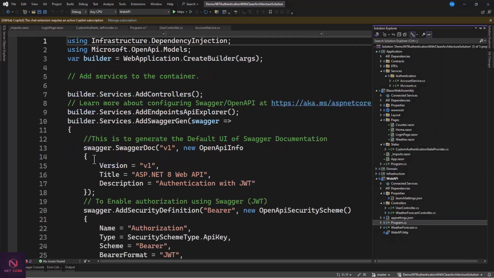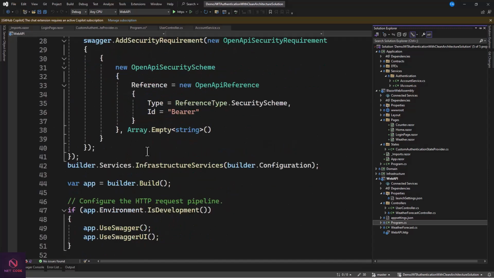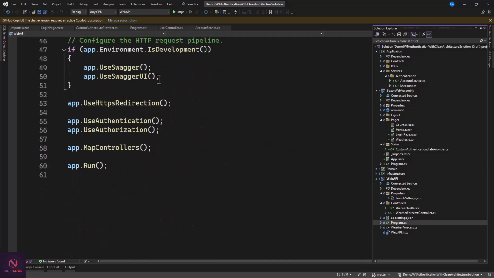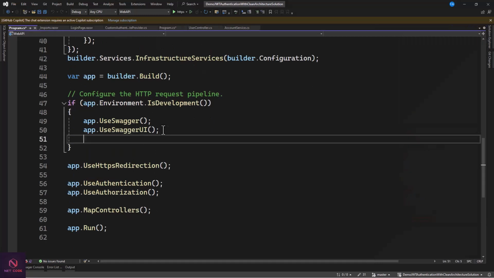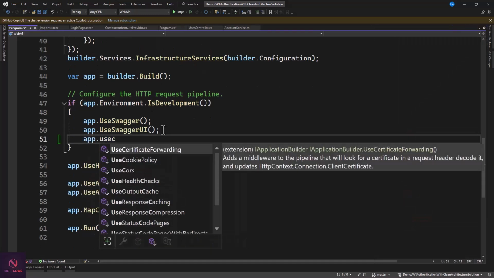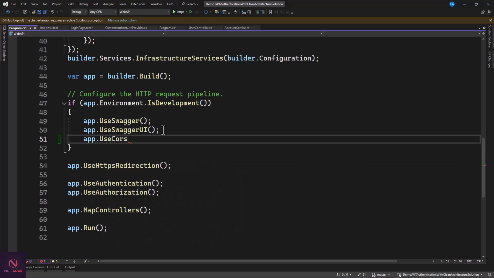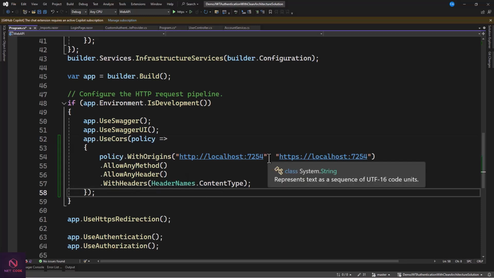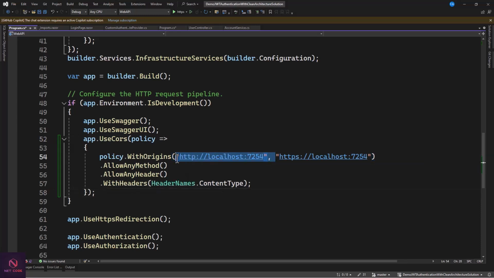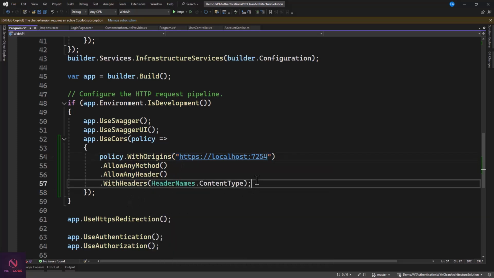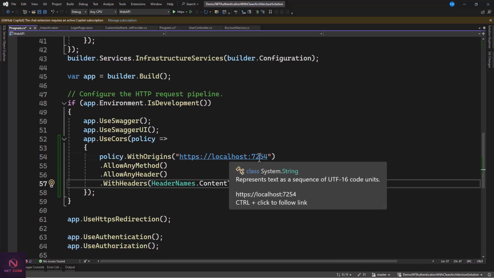Program.cs file. We need to add CORS, so we can add CORS to app.UseCors. CORS, cross origin resource sharing. Okay, now with this CORS we need to specify some things in it, so we can just remove this and I replace this one. And here I don't need this. We don't need it. Okay, so you want to allow header, I want to allow methods, and so here we're going to change it with the